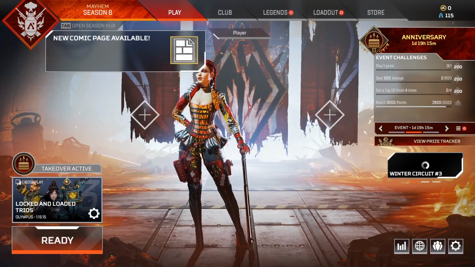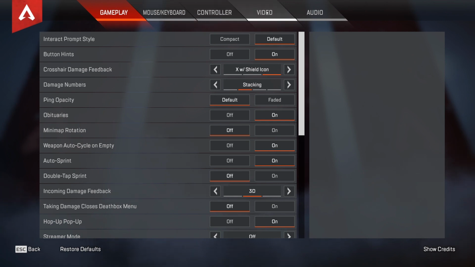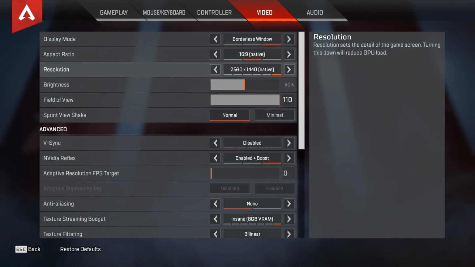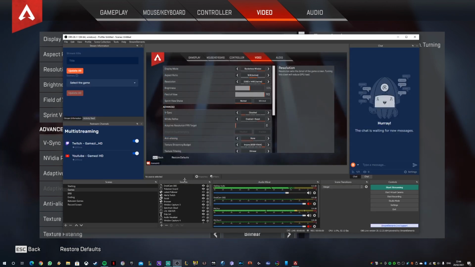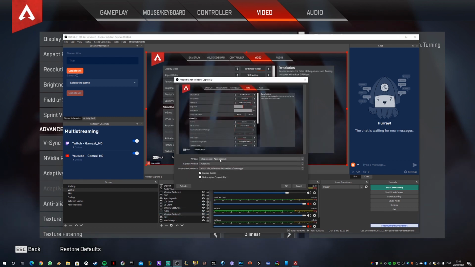So I started the game, right? If I go to settings, if I go to video, I will see I have borderless. If I put it in full screen, that means OBS will stop recording. OBS will not record anymore, this thing will disappear. So if I select on the big thing here, you will see it's Window Capture 2. This is actually my